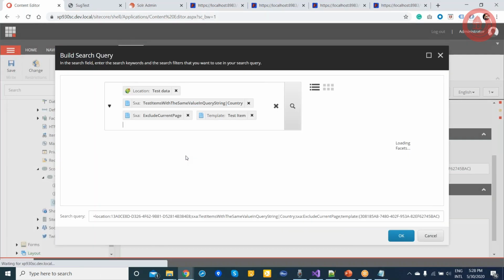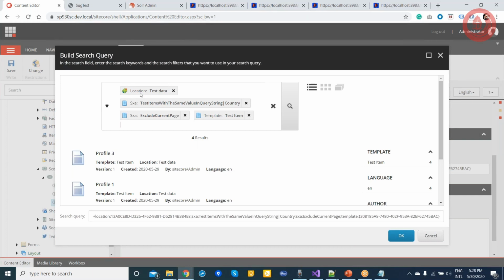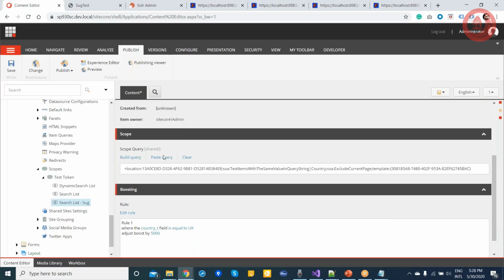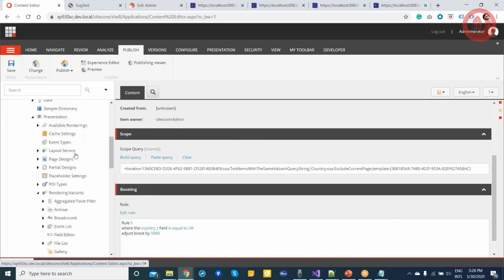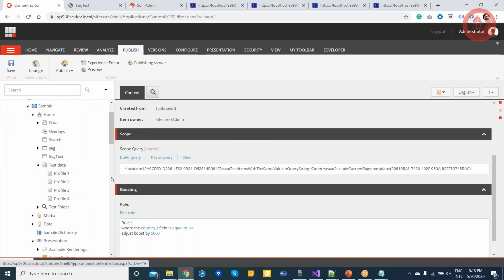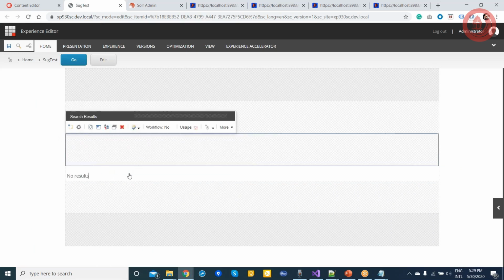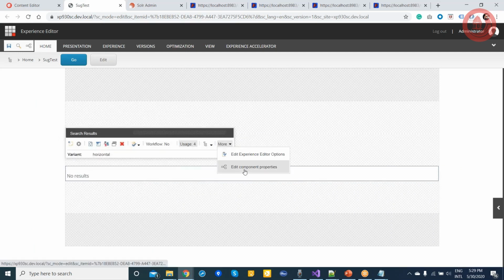So scope basically, as you can see, I want to see all the data from the test data location. I will remove this thing for now. So this is a simple condition. I said, give me data from this location, which is this test data, and I will plug in this scope with my result component.